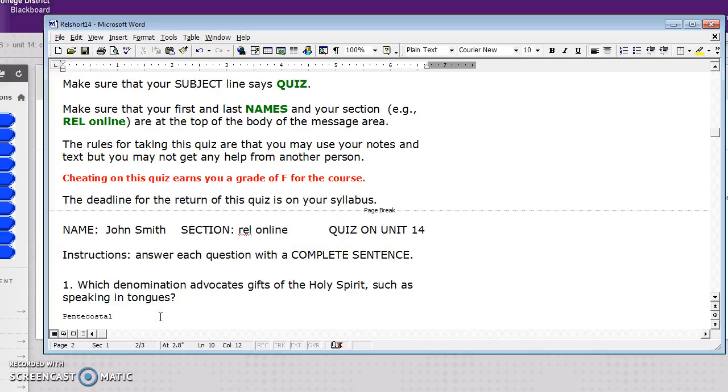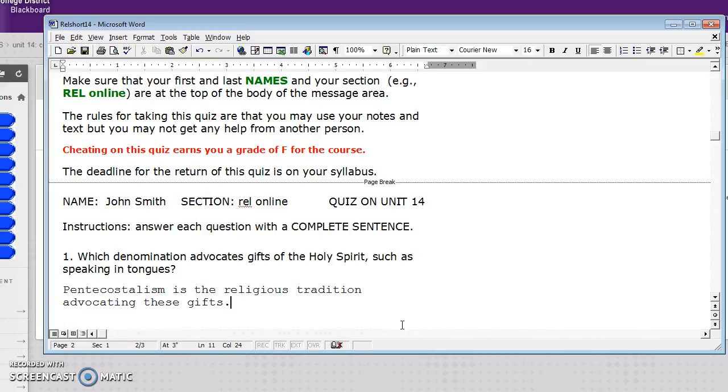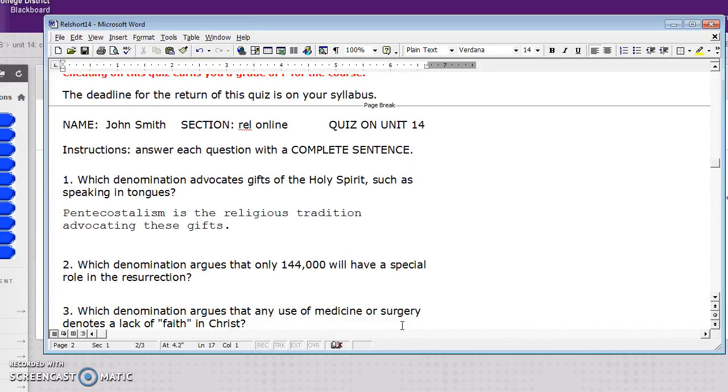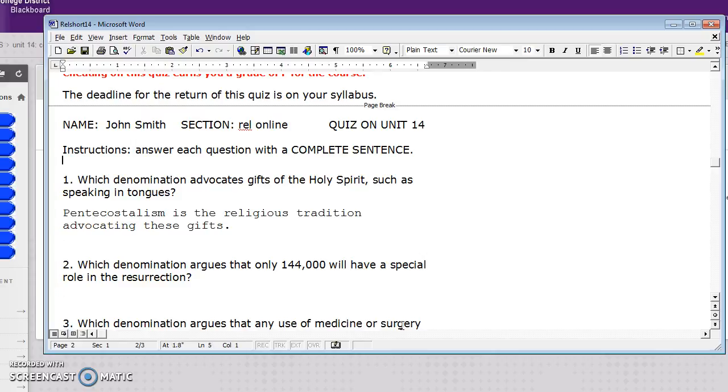So, Pentecostalism is the religious tradition advocating these gifts. Now it is a complete sentence. Let's make it a little bit bigger so we can see it. We've answered the first question. That's the way you do it with the